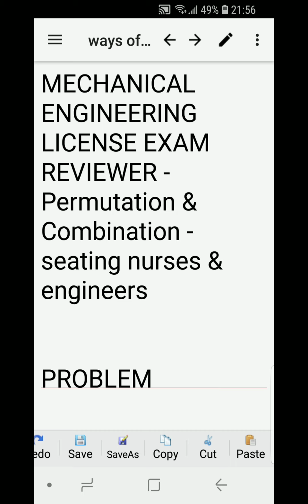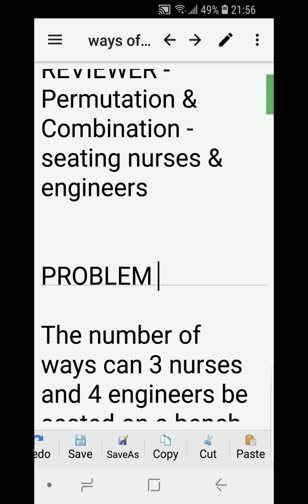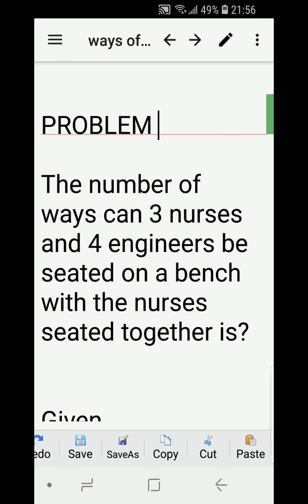Today's topic is on the ways of seating nurses and engineers. We have a problem here, and remember, if we have a problem, we have a solution. The number of ways can 3 nurses and 4 engineers be seated on a bench with the nurses seated together is,